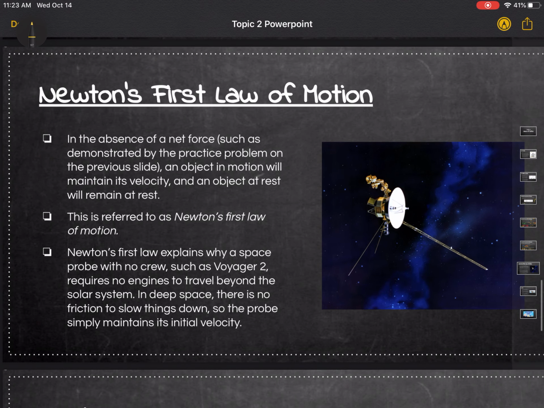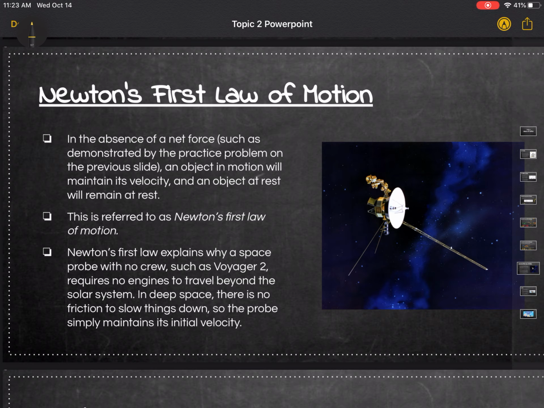The next one says Newton's first law of motion. In the absence of a net force, such as demonstrated by the practice problems on the previous slide, an object in motion will maintain its velocity, and an object at rest will remain at rest. So this is the classic: an object in motion stays in motion. If there's no forces acting on it, or the net force is equal to 0, then an object in motion